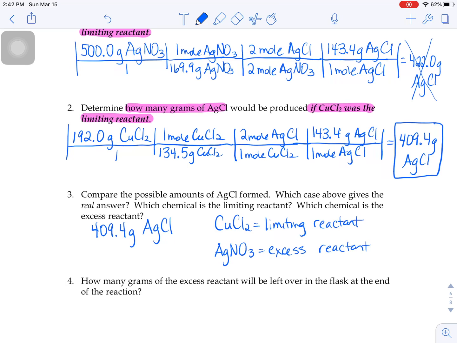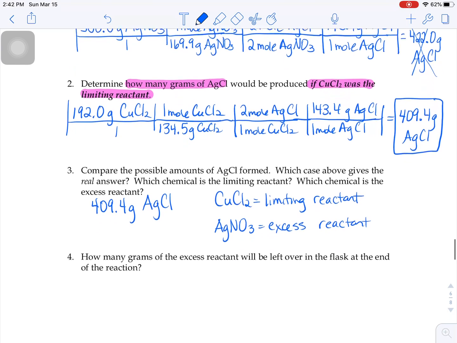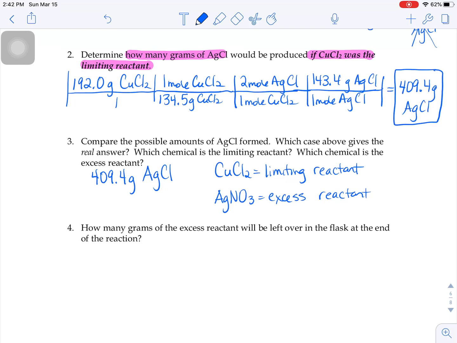The last problem here wants to know how many grams of the excess reactant are left over in the flask at the end of the reaction. The question is intentionally worded a little bit vaguely because if this was a quiz or test question, we wouldn't want to give it away which one was the limiting reactant and which one was the excess reactant. You might find it helpful to cross out the words "excess reactant" and replace them with whatever chemical name you're actually looking for. So since our excess reactant was silver nitrate,